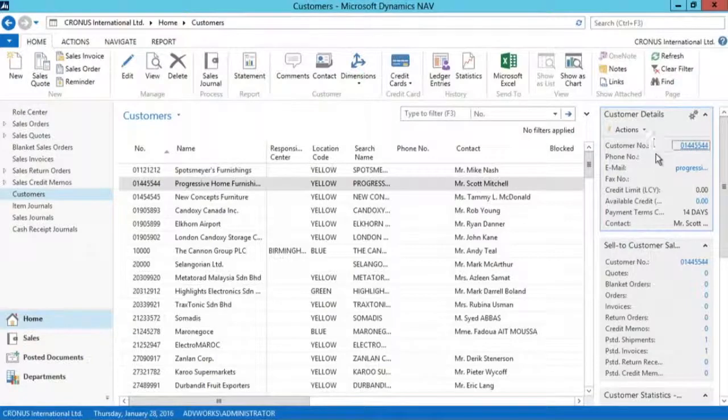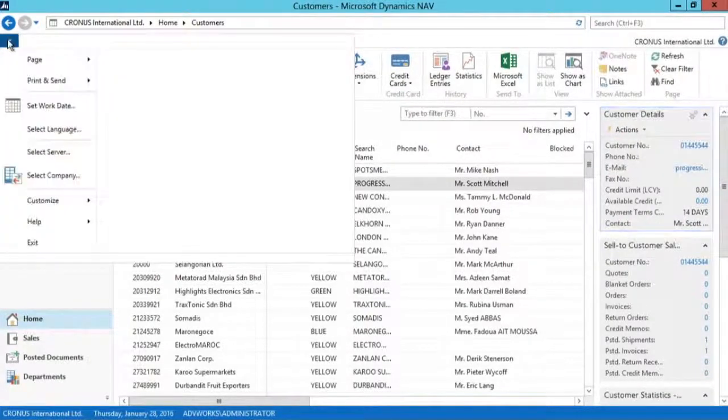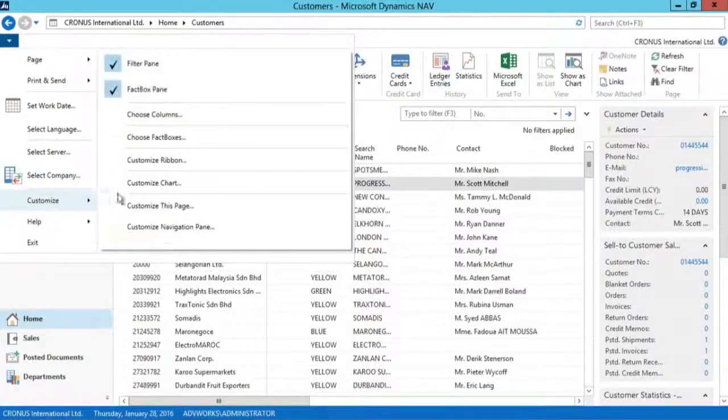Now, the contents of fact boxes we see in a page can also be customized. Let's have a look at how we can do this. So here in the customer list, I can see a number of fact boxes, and these fact boxes display very interesting information. Now, we also have the possibility to customize the information or the fields we have available in the fact box. We can do this in two ways. Either I can select the fact box and I can click here on this icon and select the customize option, or we can go again into the application menu, customize,